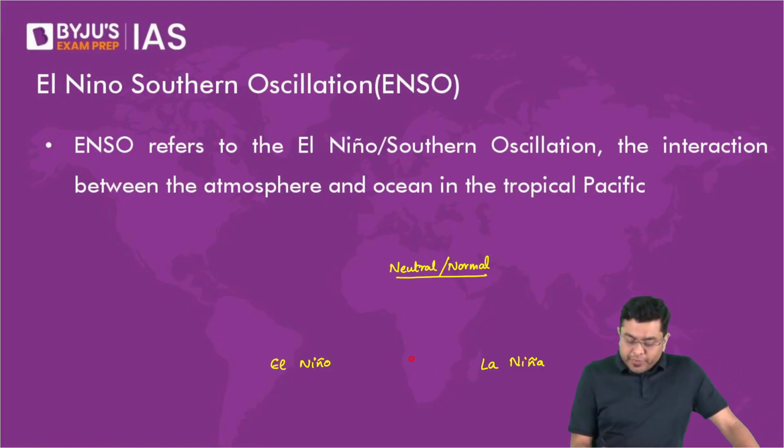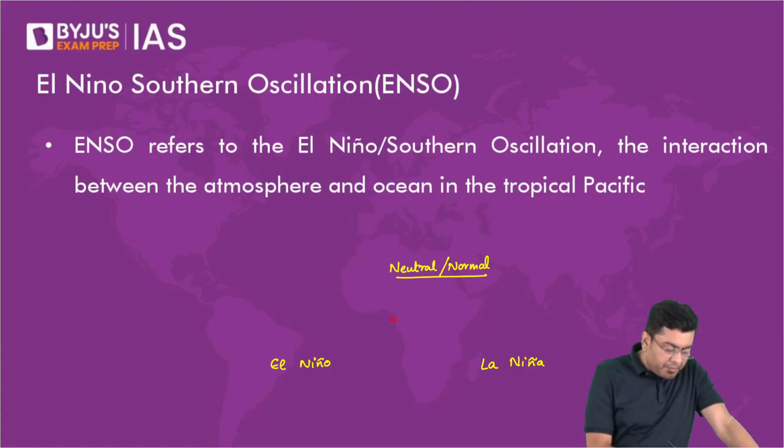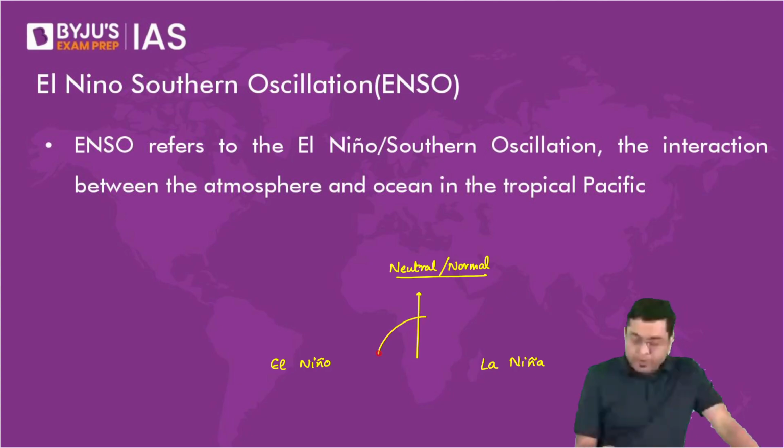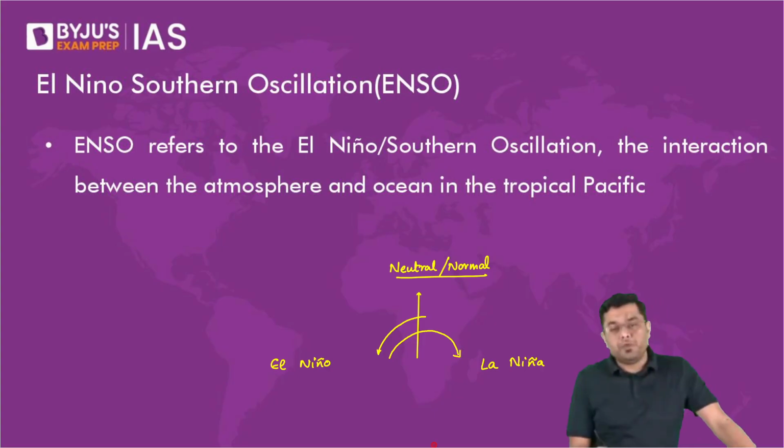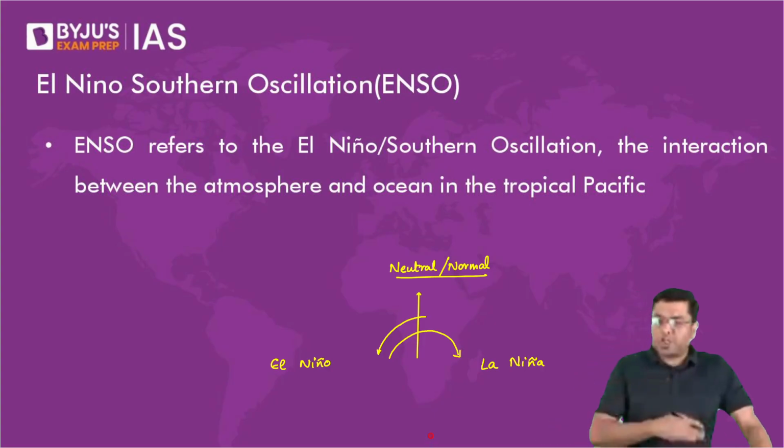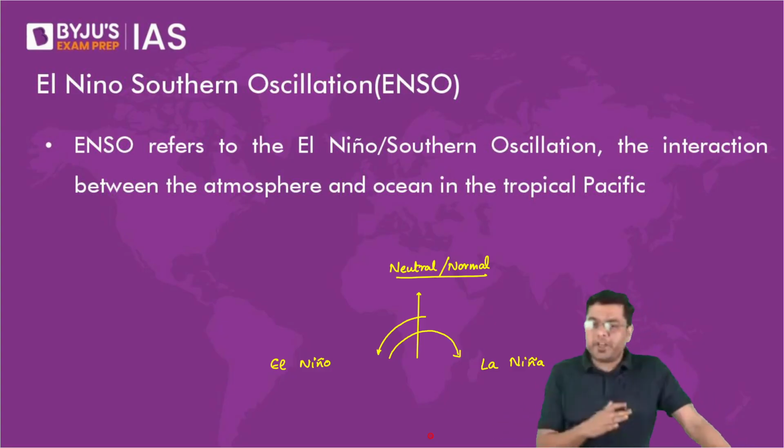So it was understood that in the region of the Pacific, particularly the region of equatorial and south equatorial Pacific, you would have a condition which would oscillate between neutral and El Nino every few years, or it would get back to neutral every few years, or it could turn to La Nina every few years. So this change and a kind of an oscillation between different weather conditions, that was referred to as